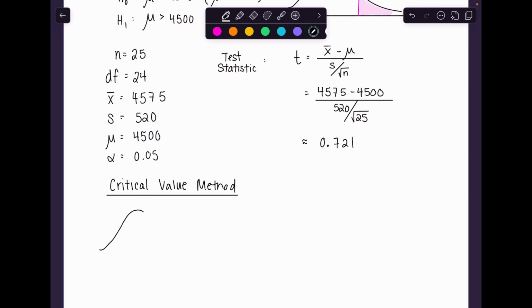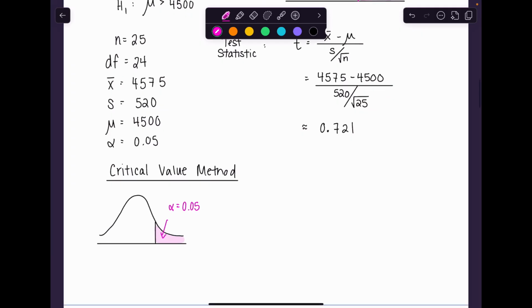So that means when I look at this distribution, and I have some critical cutoff value, I want this area to have a chance of 5%. So this alpha, or this area, should be 5%, okay? So I want to see what is this cutoff value down here. So the area in one tail